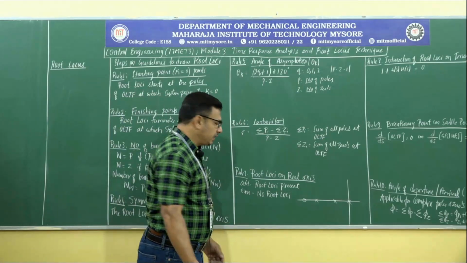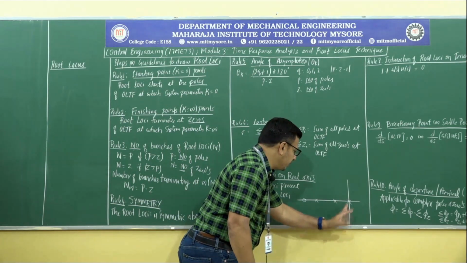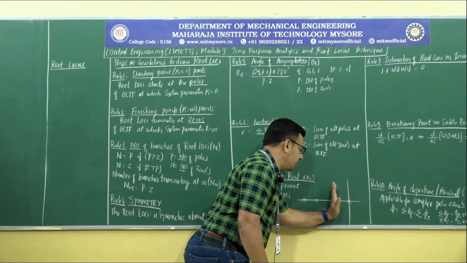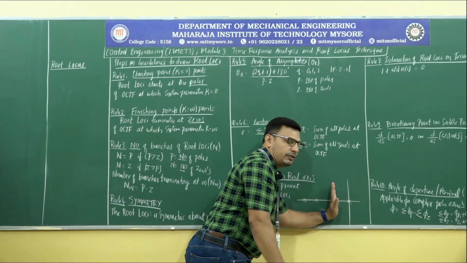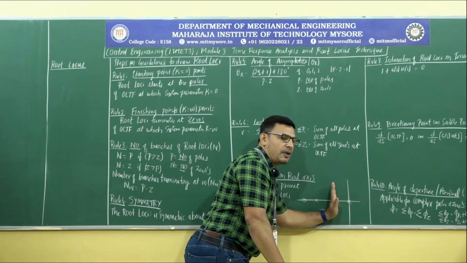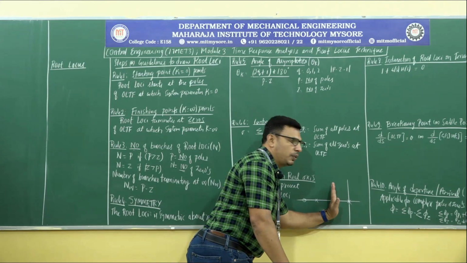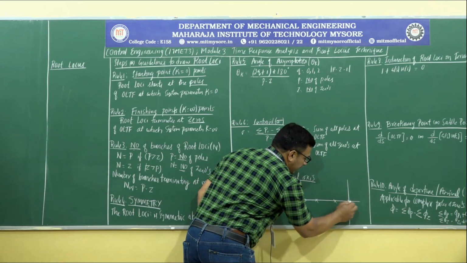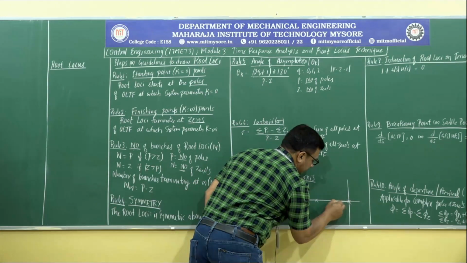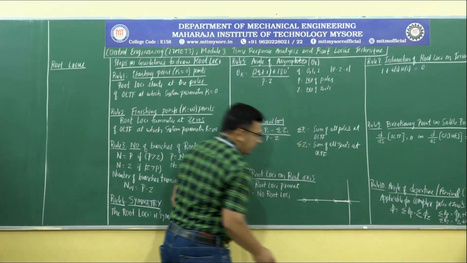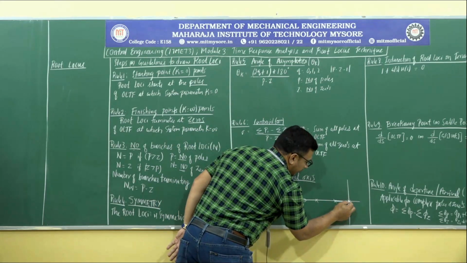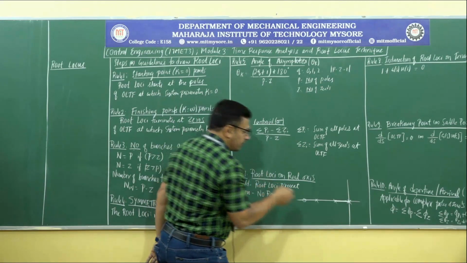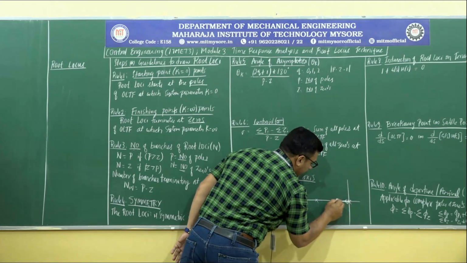What you need to do is leave the first particular point, then keep your hand here and look towards your right side. If the sum of the number of poles and zeros is odd, then the root locus will be present between here and here. The root locus will be present from here to here. And all poles are the starting points, as we told in the beginning, in rule number 1 itself. So the root locus will start here, and here.